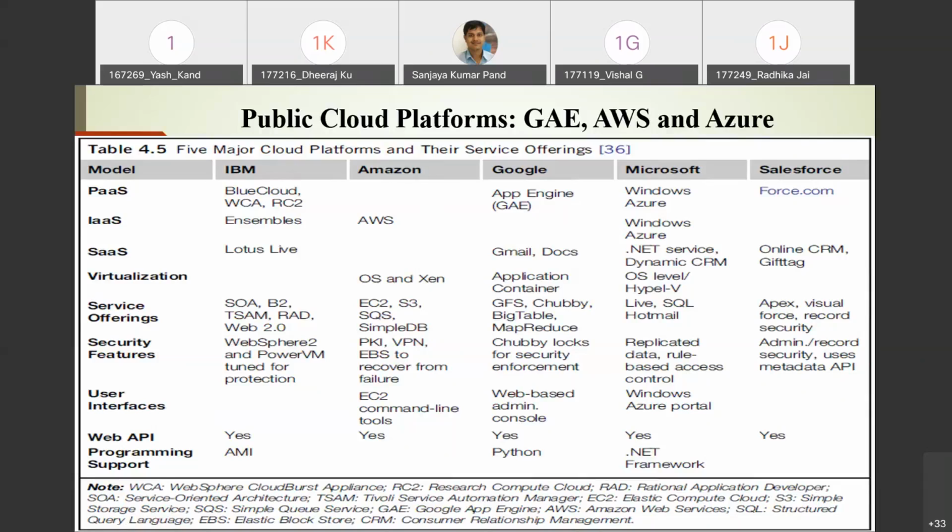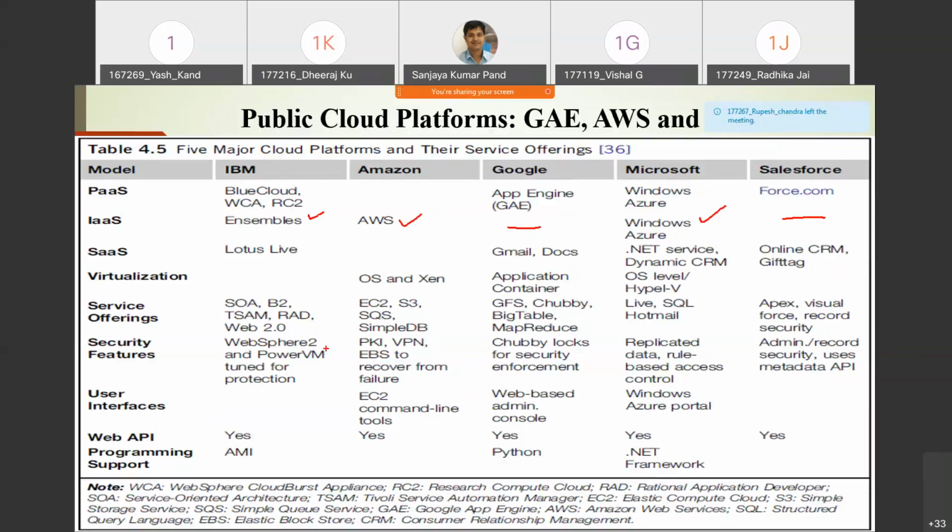For example, you can see here, suppose I need infrastructure as a service, then I can go for IBM, I can go for Amazon. Google is not providing that, Microsoft today, Salesforce is not providing that. This chart is given in the book, but if you go for today's cloud service providers, they are more or less providing all types of services.